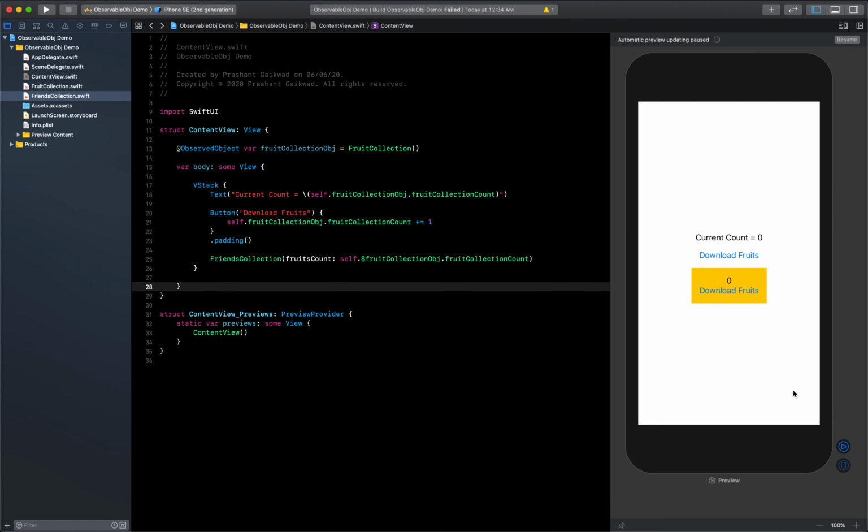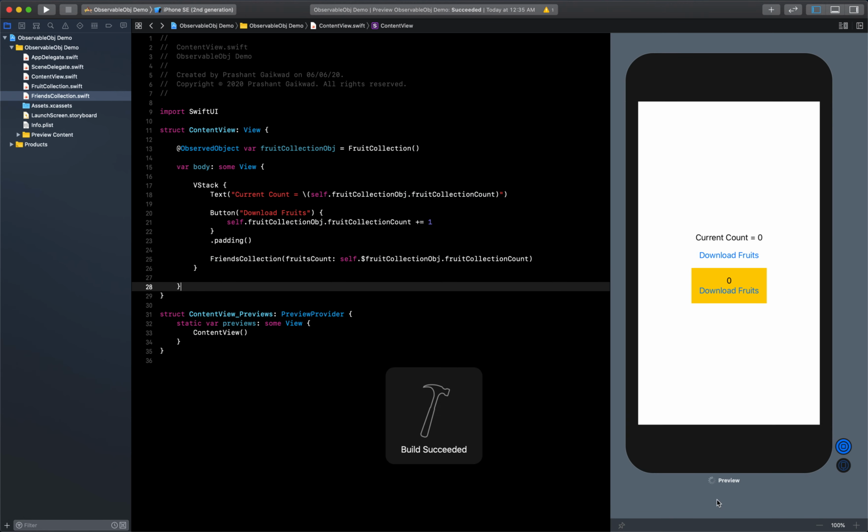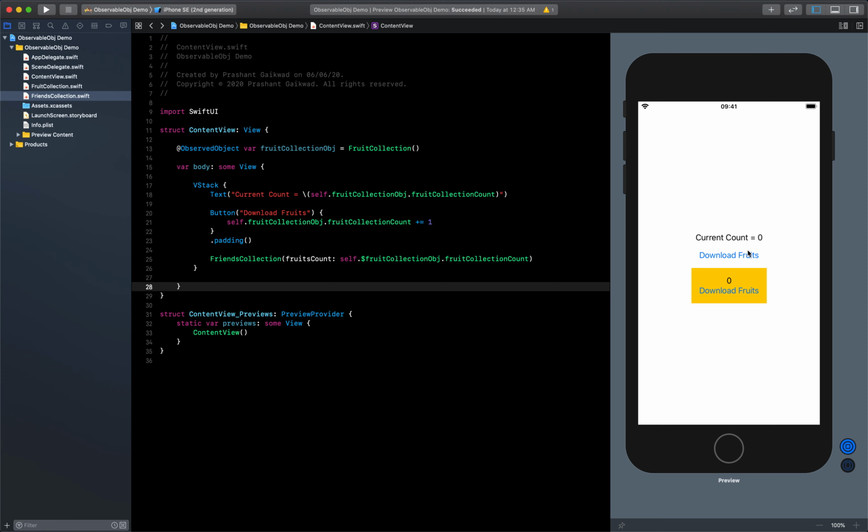Okay, so now let's run it and see whether it is reflecting it or not. Let me click resume. Okay, it's loading. Okay, so now let's try. Okay, it's updating, and it's updating. So when I click this button, which is inside our friends collection, it is updating the main count, but it